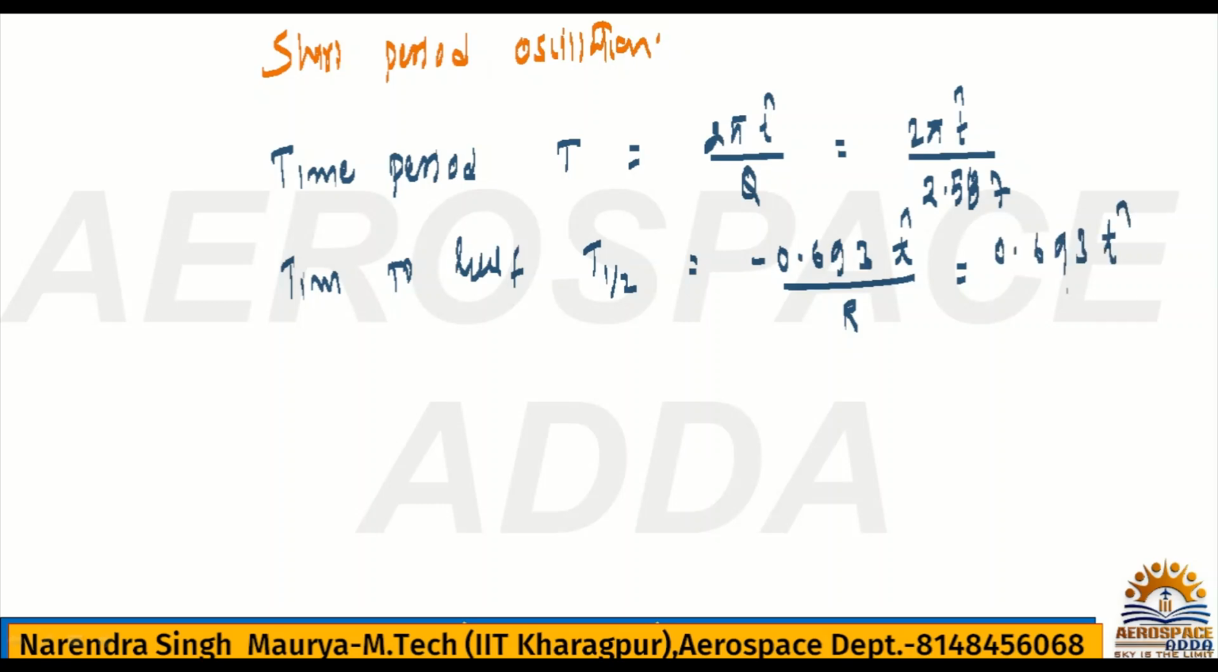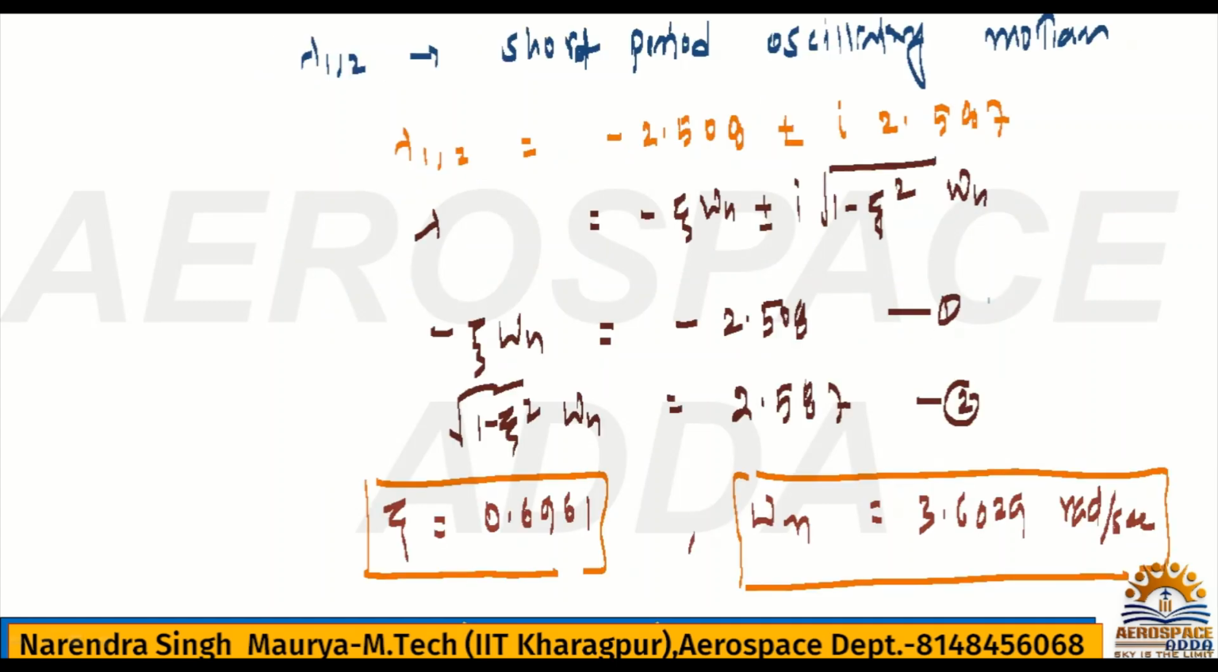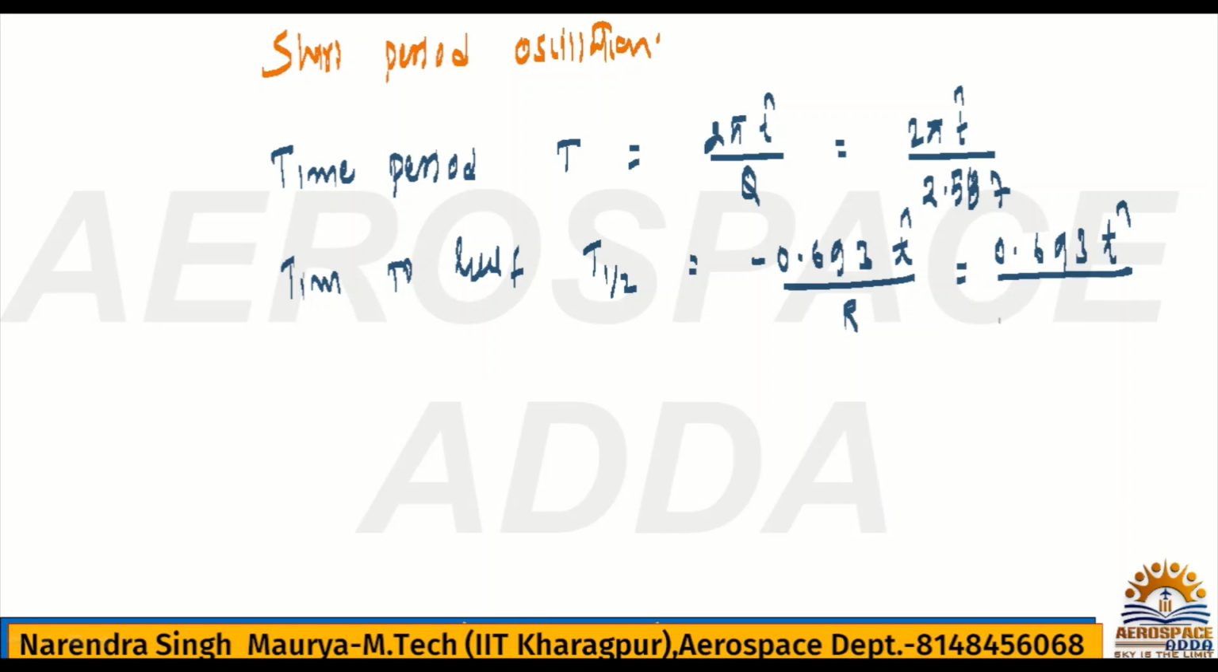0.693 T divided by R. R is the real part, and what is that value? It's 2.508, and obviously it's a minus value, so minus is here and minus is here, so it will be cancelled out. So I will write 2.508. You have to solve this, then